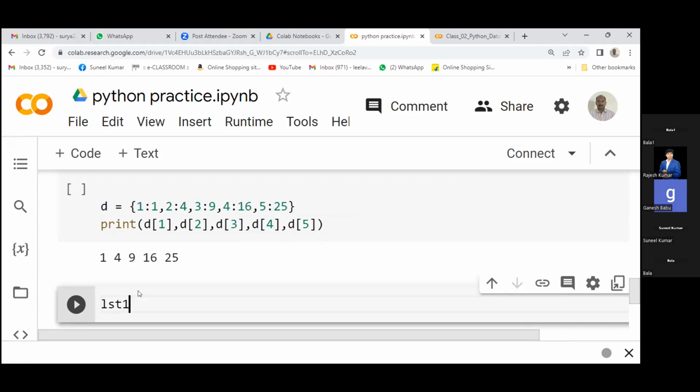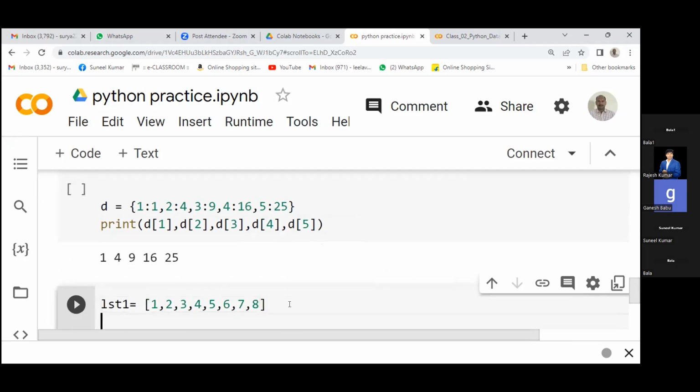Create a list. LST is equal to a list with square brackets. Add 1, 2, 3, 4, 5, something. I want to print the data first. Just forget the index for now. Just try to print each data item. Use a for loop: for x in LST1